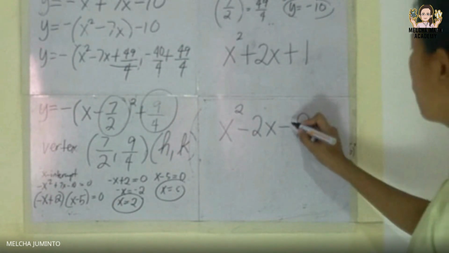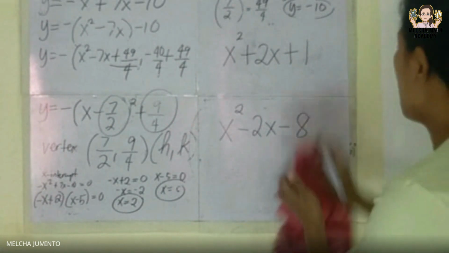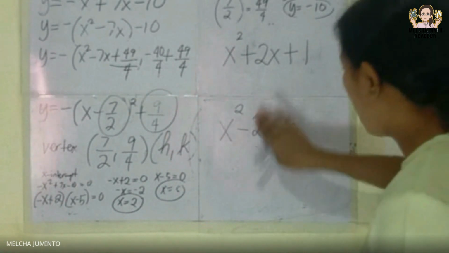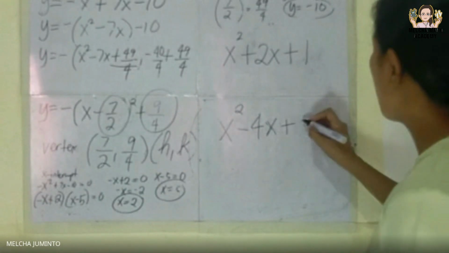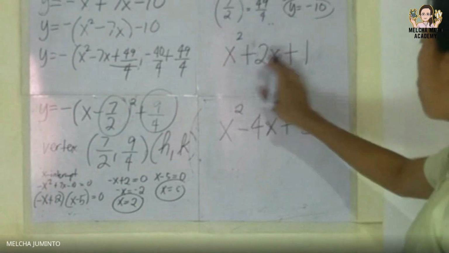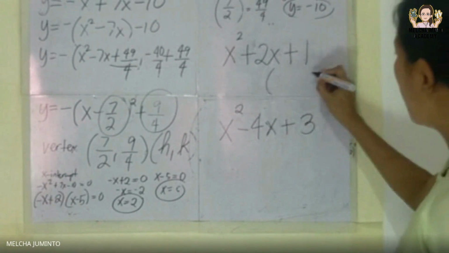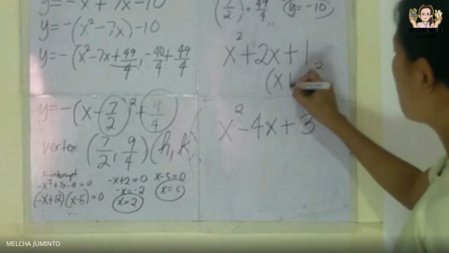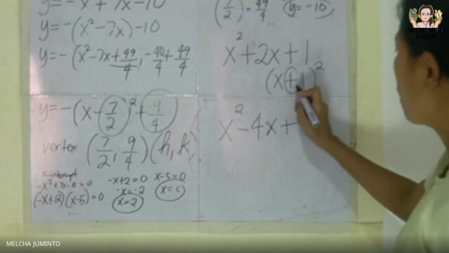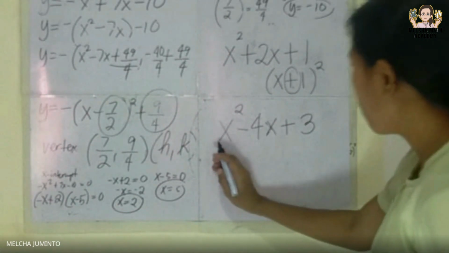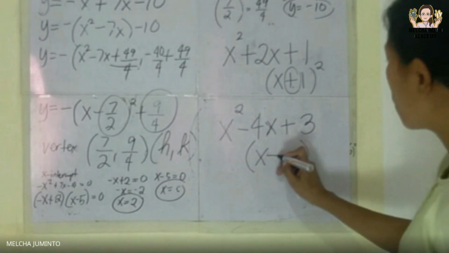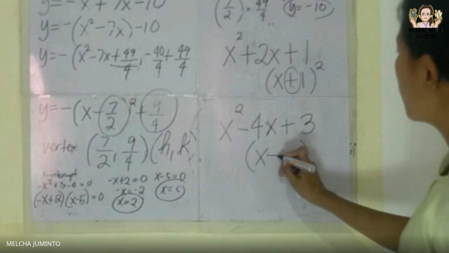Ay, hindi ito. Positive dapat dito. Ito na. 4 dito. Tapos, 3. Perfect square yan. Lahat positive. Perfect square ito, pwede mong i-write na ganyan: x plus 1. Kapag lahat positive ang sign, automatic yung sa gitna, positive. Or alternate ang sign, positive, negative, positive. Pwede mong i-write na x minus, tapos sa gitna,